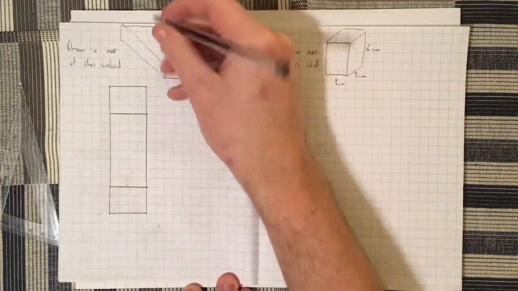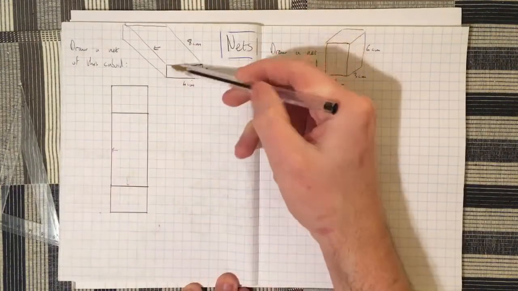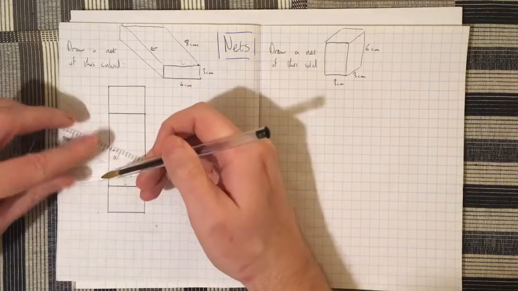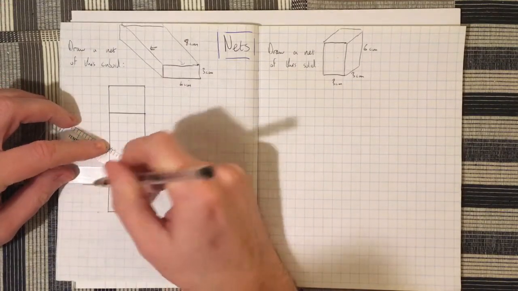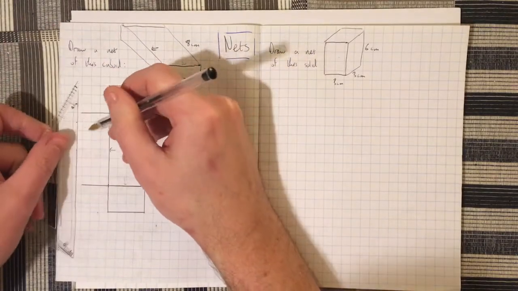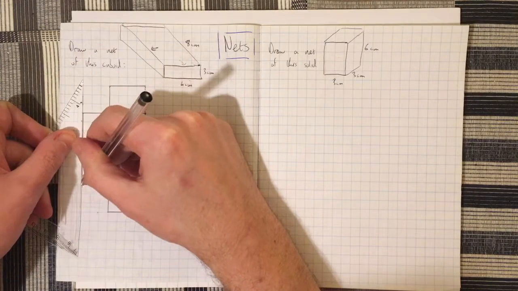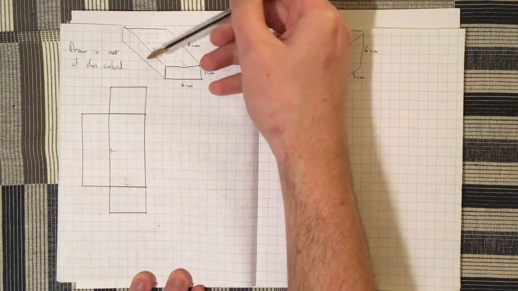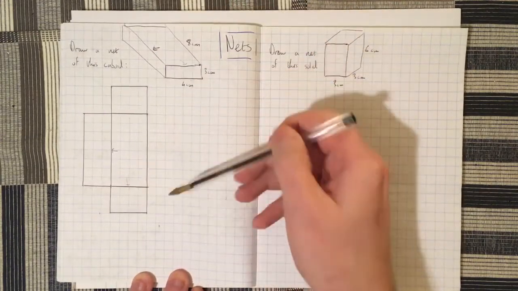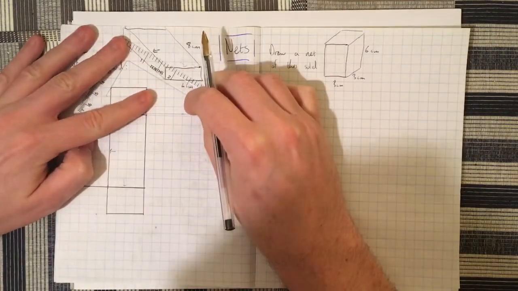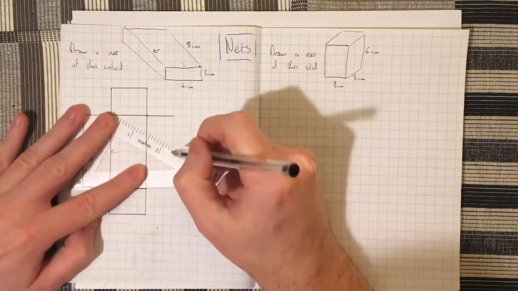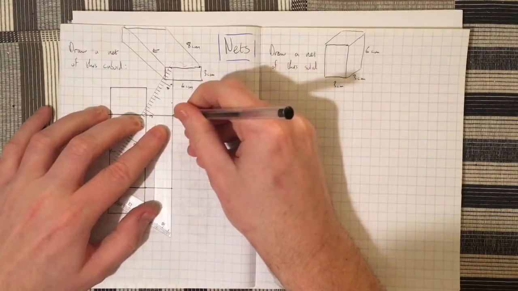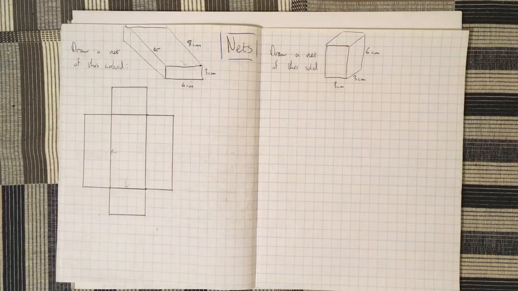What can I see on this side of the top of it? Out here, I see a side that is 3 by 8. Okay, so let's go 3 boxes out here. 3 out, 3 out, and I'll join those up. All right. Over here then, that I can't see, I've got an identical side to this one. Okay, so another one which is going to be 3 by 8. So let's draw that out here. All right, and then